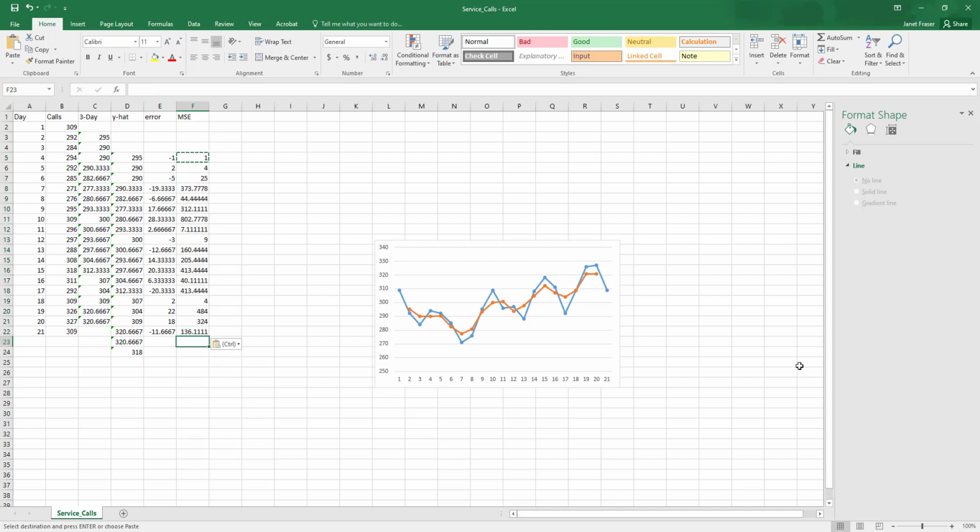So in that case, I know that I now want to sum the values I have in column F in cells F5 through F22. I want to sum them. So sum, put those in brackets, and then I want to divide by 18 because that's the number of observations between F5 and F22. So here we see that our mean squared error is